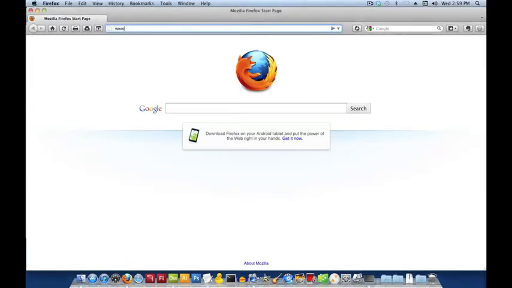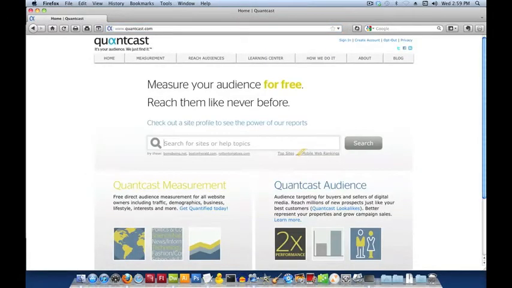Now, what makes Quantcast very different from the free software from Google Analytics is that it tracks more audience information in terms of demographics. You can get some great data that has to do with the gender, the nationality, the location of your website visitors, more information in terms of their household income, and basically a lot more information that focuses on the people